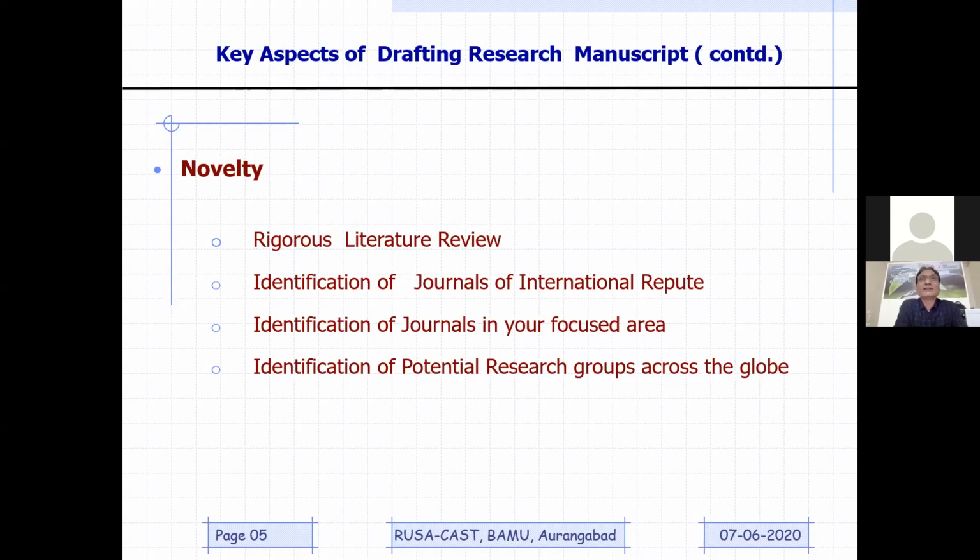I told you earlier that whenever you start your research, at that time you might have novelty, and as a result of that, you must have got tempted to do that research. You must have carried out experiments, you must have got the data, you must have interpreted it nicely, and drafted the manuscript. But when the manuscript is submitted to the journal, by that time the other potential group in your area was just ahead of you, and by that time they have published similar data on the same track, and you are going to lose the novelty. And therefore, in order to incorporate novelty in your investigation, these 4 points are going to be very, very important.